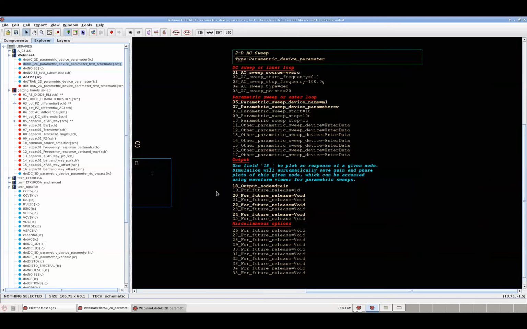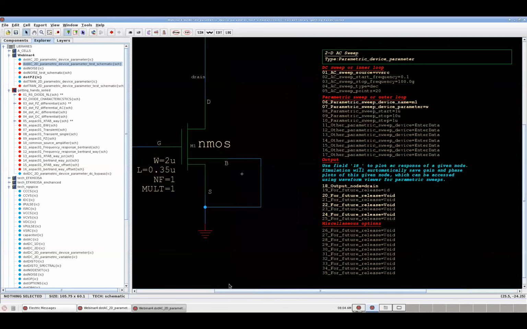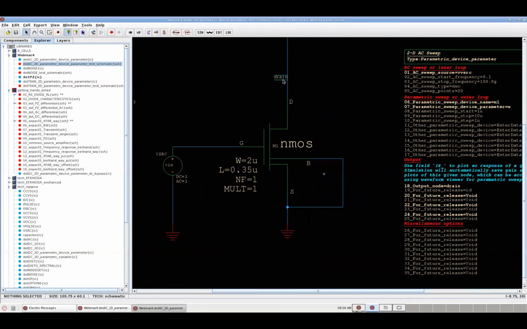And this is the output field. Now, the output field at this moment is going to plot just the output of a given node of your design. And this is quite usual in case of AC analysis. You are just looking at one given node and you're plotting the gain response and phase response of your system or of your circuit. And when we look at this node called drain, okay,